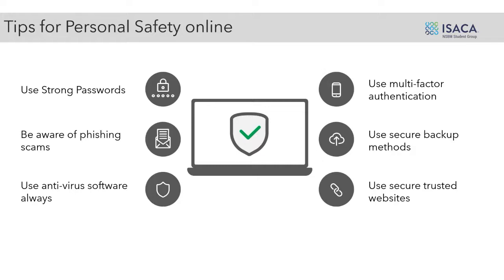So these are some of the very basic things that we can do to ensure that our personal information is secure. We are safe online. This is something that we could always share with our families and our friends, and even in our workplace, even in our studies, when we are doing some classes, we can share these things with our partners and all.